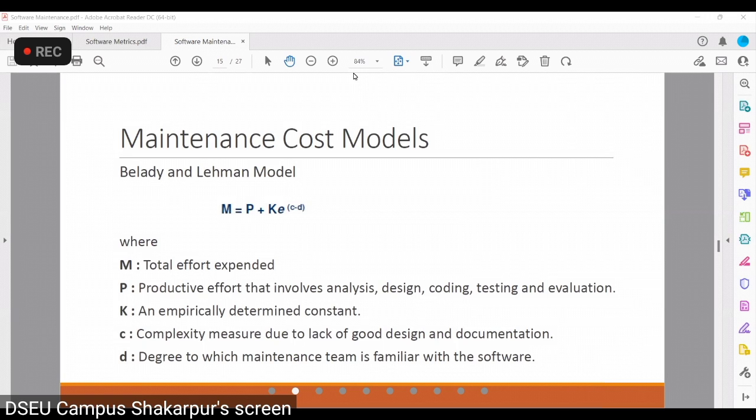K is a normal constant that you will be given. C and D: C is basically your complexity measure, and D will be your